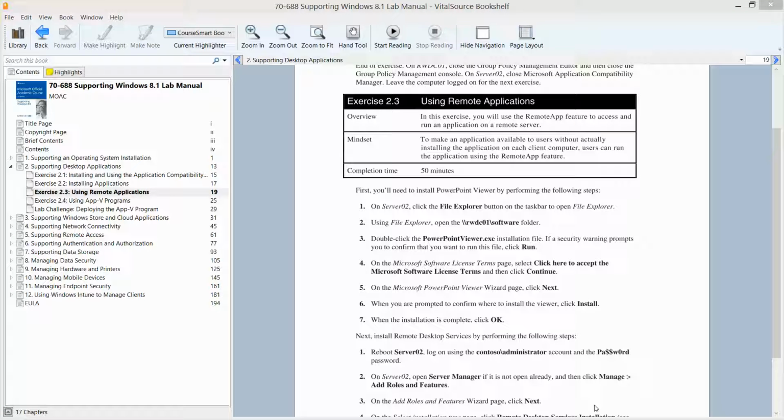This is exercise 2.3, using remote applications, part of lab 2, supporting desktop applications. This is found in the Supporting Windows 8.1 Lab Manual in preparation for exam 70-688, part of the Microsoft Official Academic Course. In this exercise, we're going to use the RemoteApp feature to access and run an application on a remote